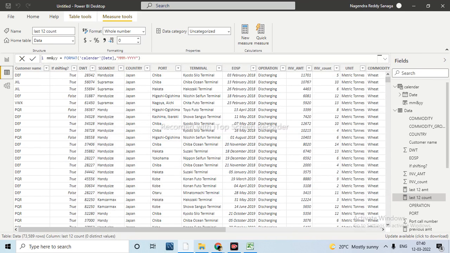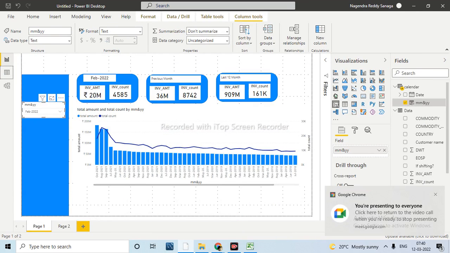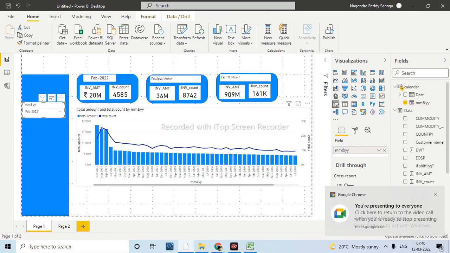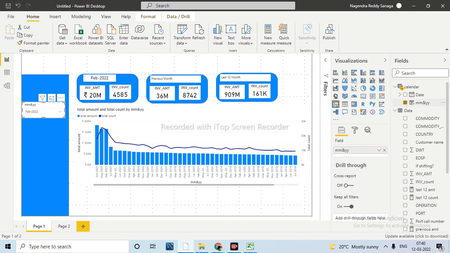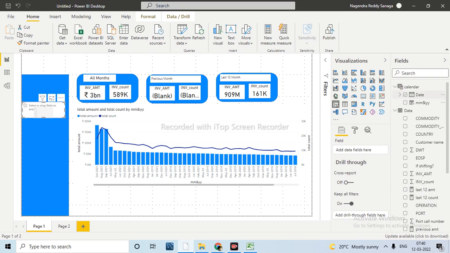Okay. Now what happened here? This month trend line is there, right? We have this information, but these graphs are not proper. Like the month on month is not coming properly. For that, we need to do the sorting. Now here, when I do the sorting, right? Yeah, directly we can use this column also, no problem.